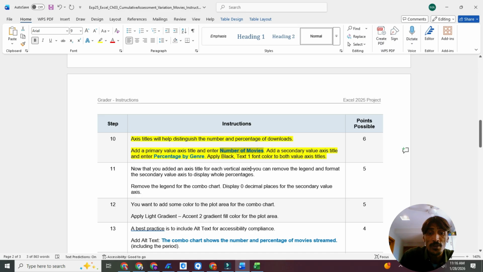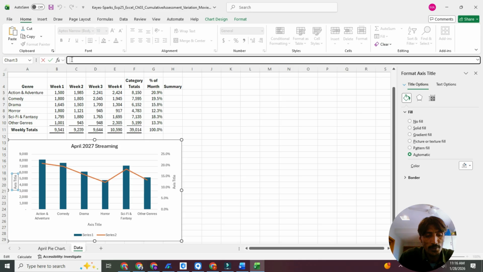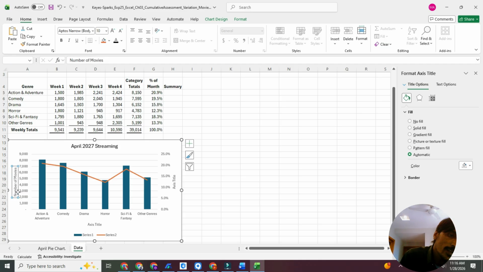You can copy from here, and after selecting this, in the formula bar you can paste here and enter. So you can see that we have changed the name for this one to number of movies, and the other one